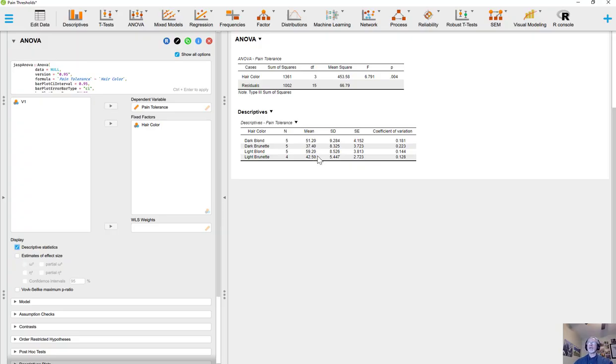And so what that would point to is that you would assume that the largest mean of 59.2 for the light blonde hair is significantly different than the dark brunette, which is 37.4, the lowest value. But you really don't know what exactly is significant here, so you have to do further tests. There's two types of tests that you can do. One's called a priori test,